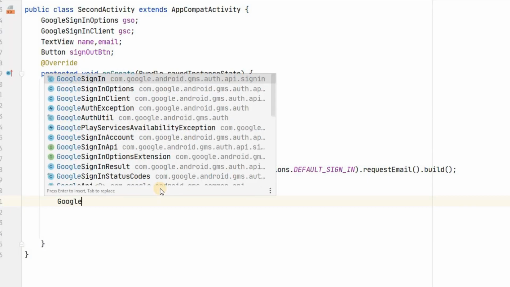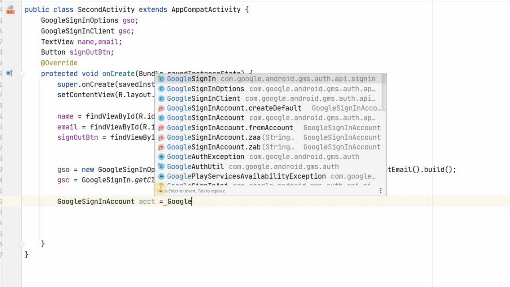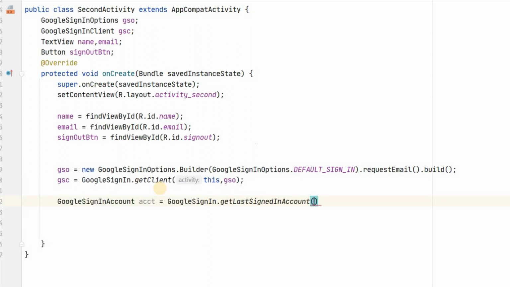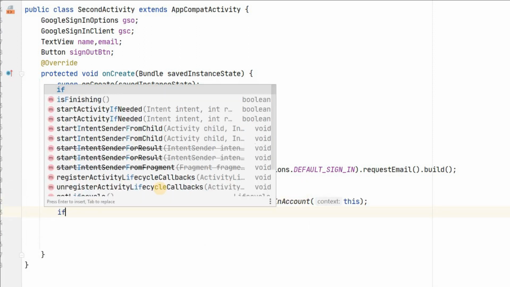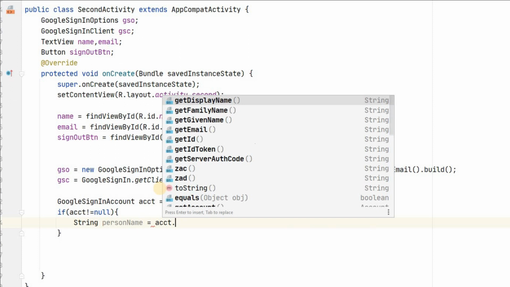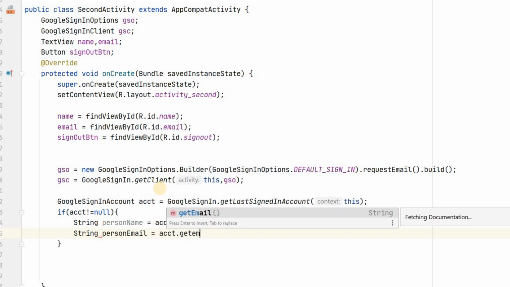Now we will get the data from the account which is signed in. For that, GoogleSignInAccount account equals GoogleSignIn.getLastSignedInAccount(this), and if the account we have got is not equal to null, we have to check this. If the account signed in is not equal to null, then we get the person name equals account.getDisplayName, and also we want to get the person email, account.getEmail.